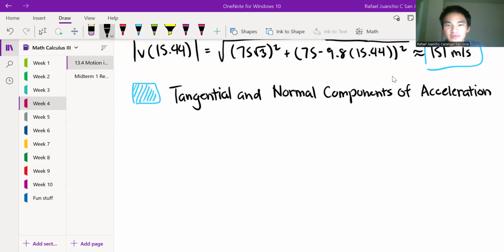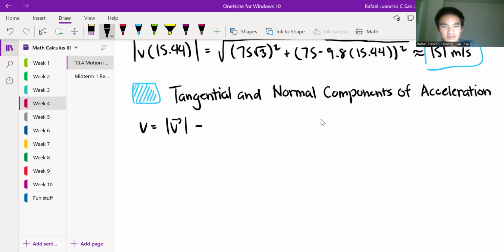So today we're going to be talking about the tangential and normal components of acceleration, right? When we study the motion of a particle, it is often useful to resolve the acceleration into two components: one in the direction of the tangent and the other in the direction of the normal, right? So if we write, let's say, v is equal to the absolute value of that vector, the speed of the particle,